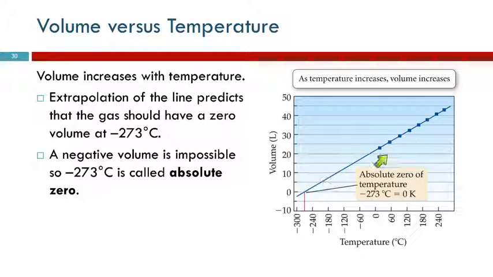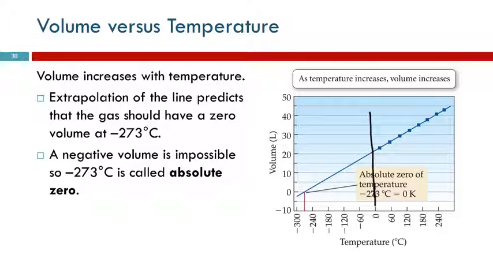This is useful because here we've got this nice linear relationship between volume and temperature, but the equation for this line is going to be y equals mx plus b. There's an intercept if we use Celsius, because on the Celsius scale, this is where zero is. We're going to have an intercept of, 20 liters or something here. And that makes all the math very awkward. If the intercept is zero, then things become nicer.